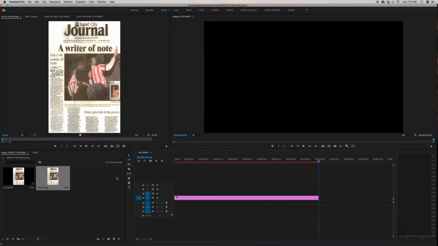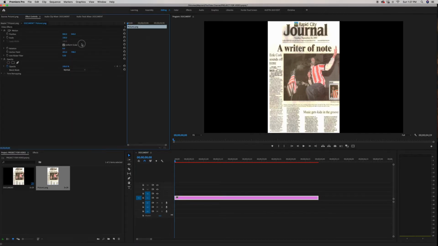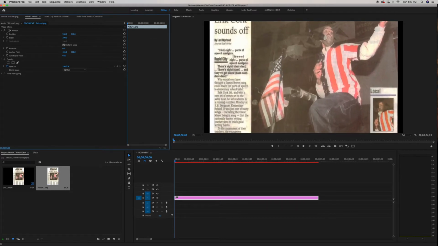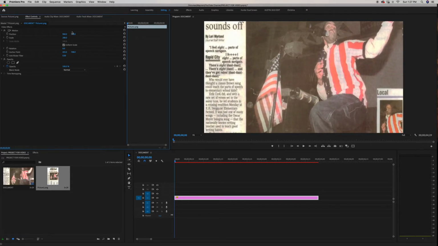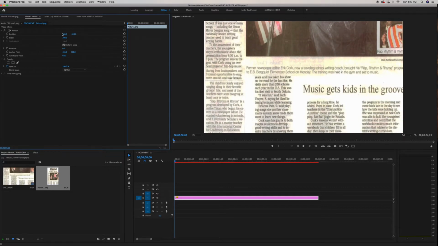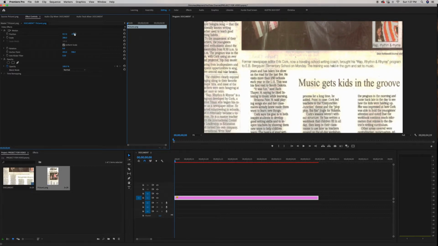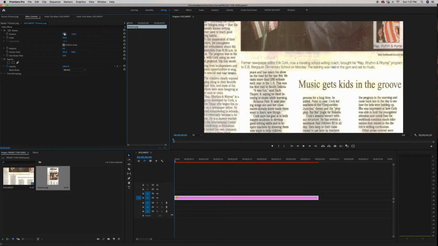Let's grab the article or whatever you're using that you want to highlight and put it on your timeline. We're going to go to Effects Control and zoom in. I just grabbed this newspaper clipping off of Google, so whatever you're using works. I'm going to position it to where I want this to stop at, because I'm going to end up animating it so it slides down the paper and then we highlight it and we'll zoom in. So I'm going to get it to right about here,